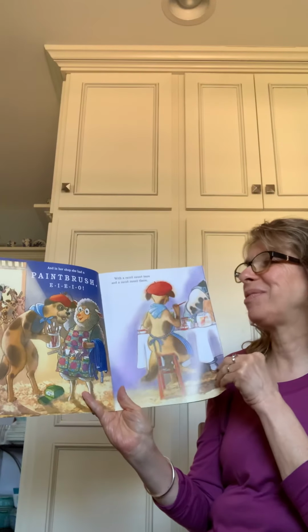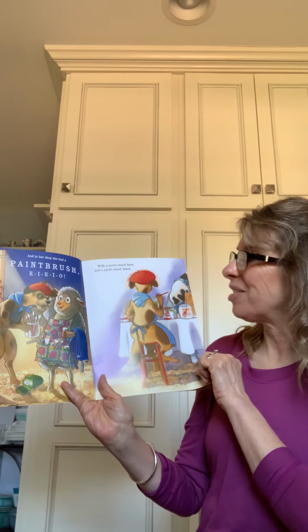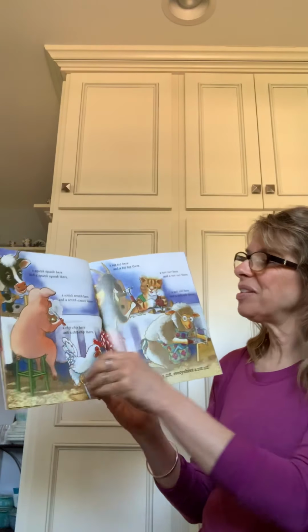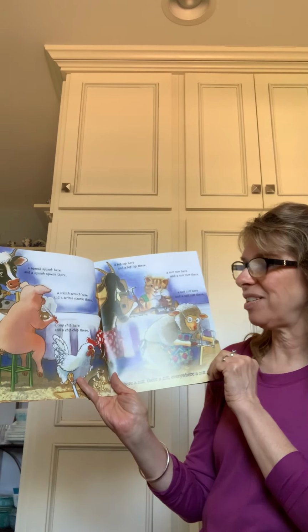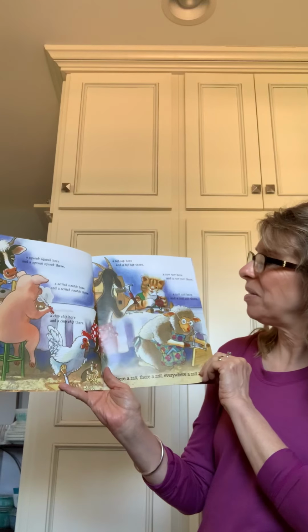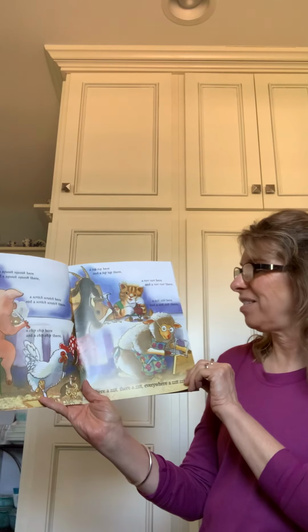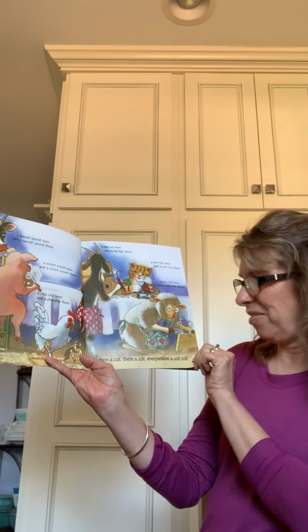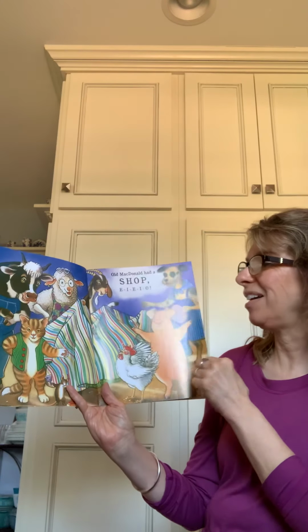And in her shop, she had a paintbrush, E-I-E-I-O, with a swish swash here and a swish swash there. A squeak squeak here and a squeak squeak there, a scritch scratch here and a scritch scratch there, a chip chip here and a chip chip there, a tap tap here and a tap tap there, a rrr rrr here and a rrr rrr there, a zit zit here and a zit zit there. Here a zit, there a zit, everywhere a zit zit. Old MacDonald had a shop,